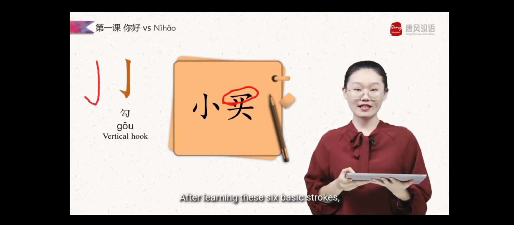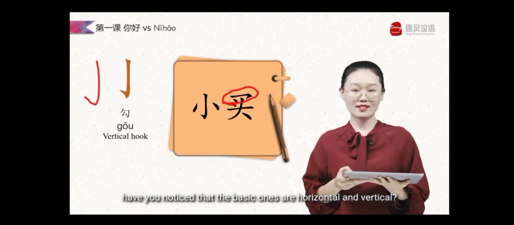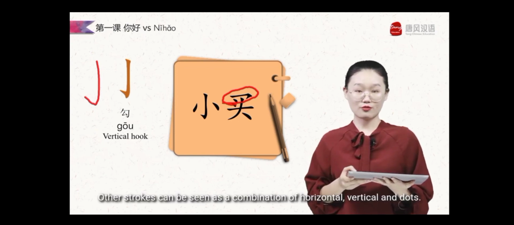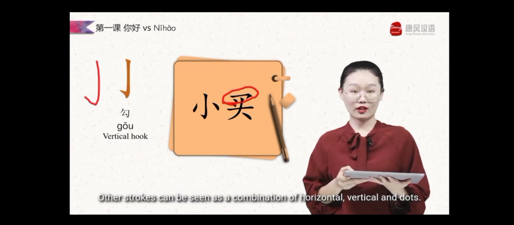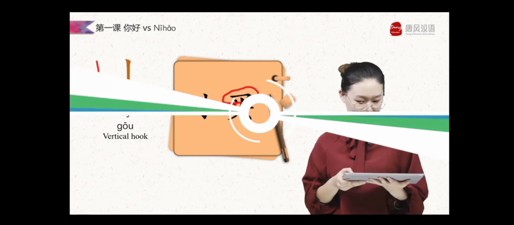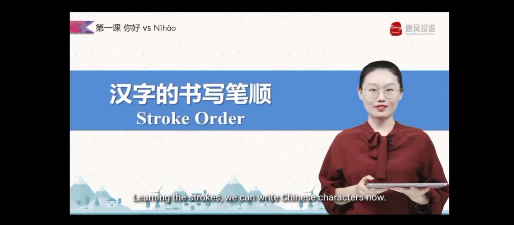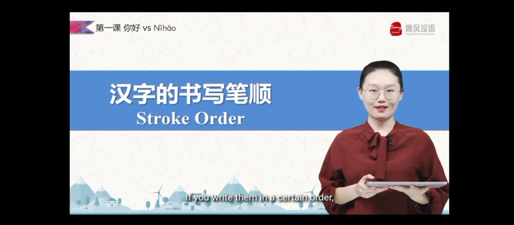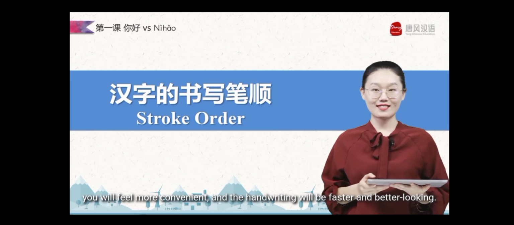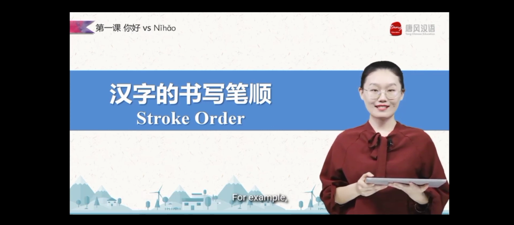After learning these basic strokes, have you noticed that the basic ones are horizontal, vertical, and then the dot? Other strokes can be seen as a combination of horizontal, vertical, and dots. Learning the strokes, we can write Chinese characters now. If you write them in a certain order, you will feel more convenient, and the handwriting will be faster and better looking. For example,